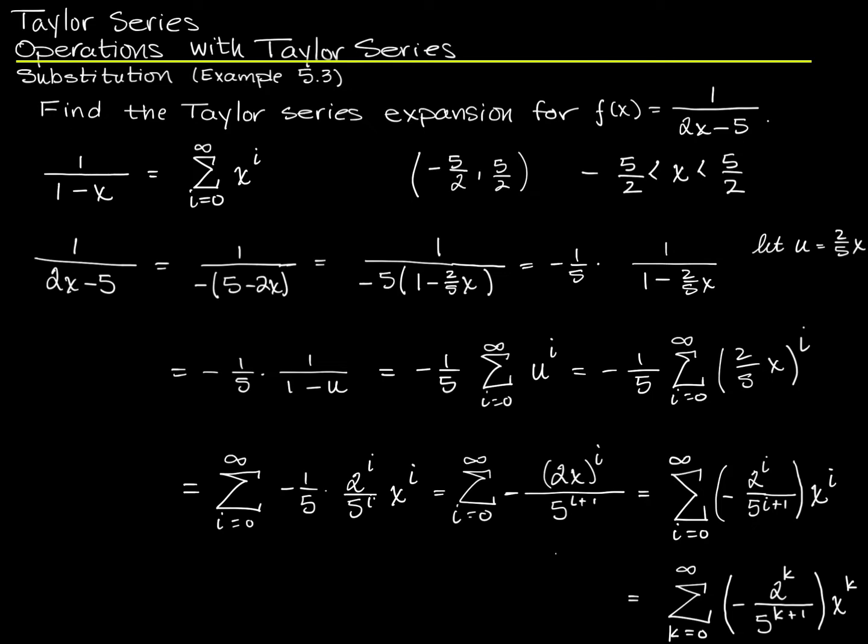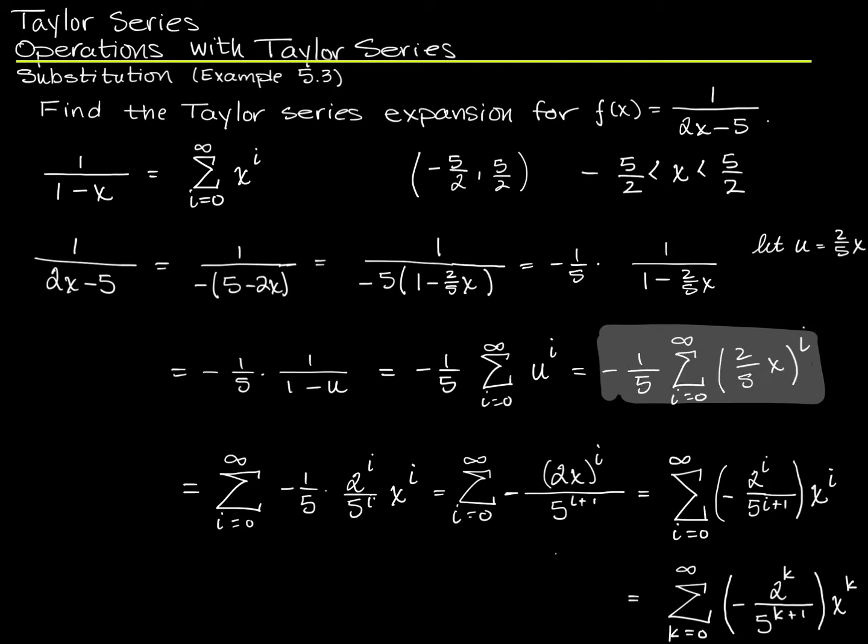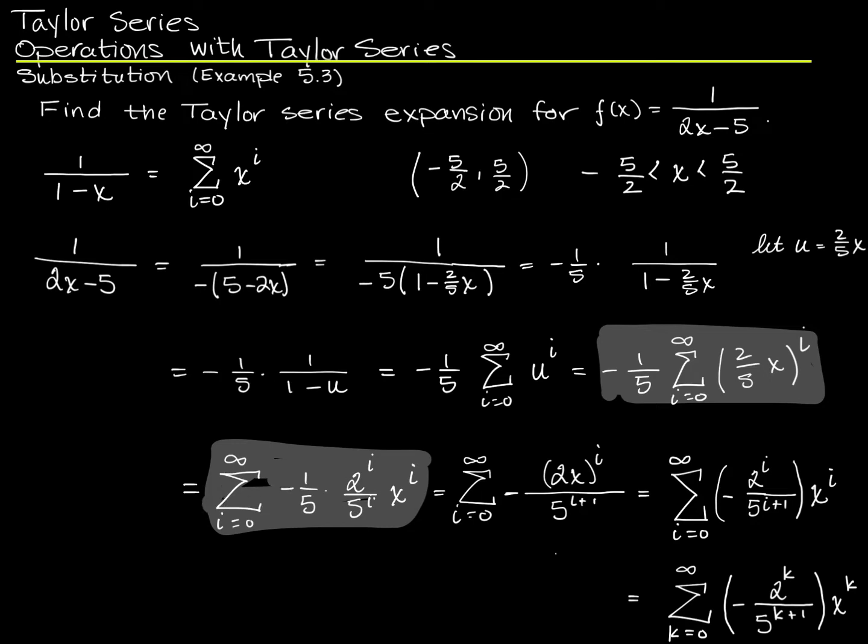There's one other thing I'd like to point out here. Your course pack just blows over it very quickly because it's a fairly minor point. We already know this, but I want to remind you of it, and highlight it for a moment. One form I have this thing written in at the moment is this. And I'm not sure that's the best version of this, but it'll do for now. And here's another one. I said these two things were equal to each other, and I think it was just because I could move the 1/5 in, the negative 1/5. And that's due to a property of